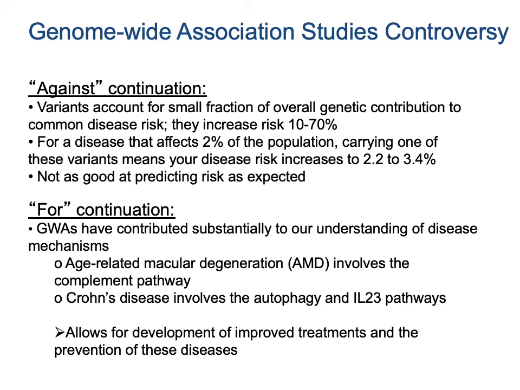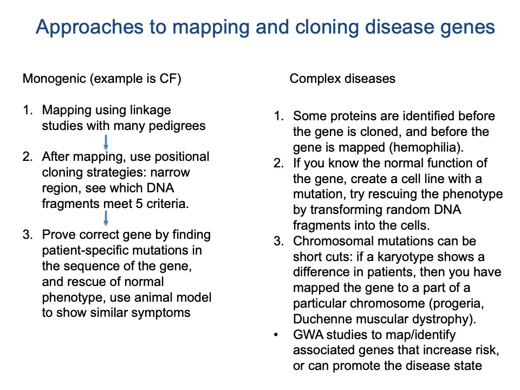So basically, there are definitely clear success stories that we now have improved treatments, potentially leading to prevention of some of these complex diseases. If we just do a side-by-side comparison and contrast a monogenic disease on the left with complex diseases on the right, as we think about just what the approaches are for mapping and cloning disease genes, we've